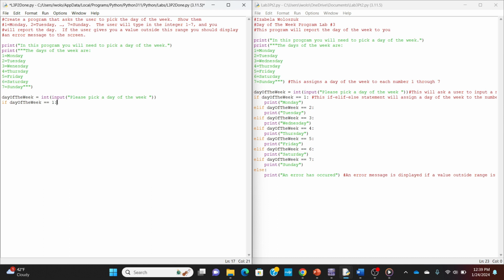It's not an assignment statement. Right, then we want to print Monday. And this is where the code gets a little bit repetitive because we have to go through each day of the week. But nothing we can't handle. If it equals 2, print Tuesday,